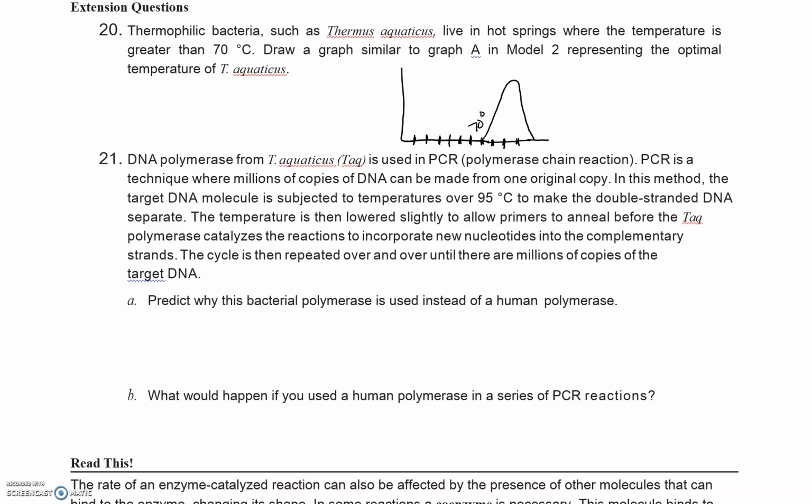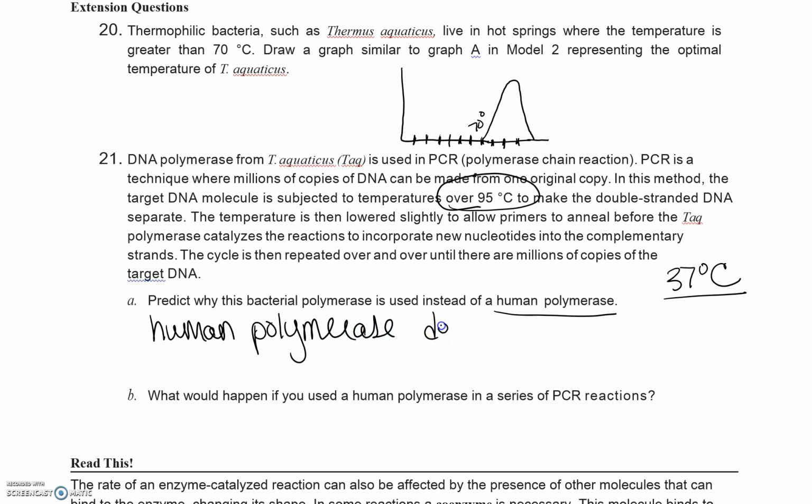You have to predict why this bacterial polymerase is used instead of the human polymerase. So this process happens at temperatures over 95 degrees Celsius. Human body temperature is 37 degrees Celsius. So if we were to use a human enzyme, compared to 37 degrees Celsius, 95 is very, very high, and most likely our enzyme would be denatured as a result of that. So we're going to predict and say that the human polymerase denatures